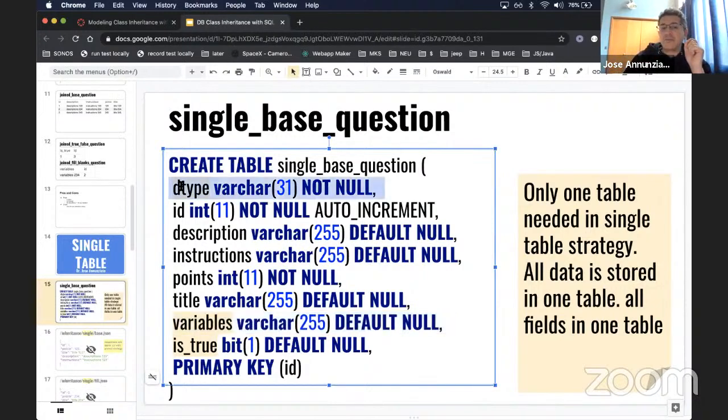Instead, if the type here was that it was a fill in the blank question, then the opposite is true, right? We will probably have a value for this field, but for this value, it will be left null. Okay,